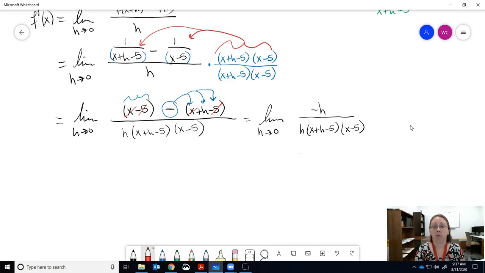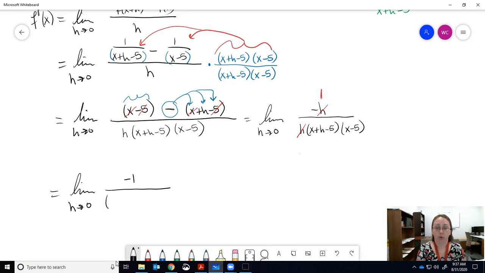What algebra can we do to try and simplify this? Well, we do have an h factored on the bottom and an h on the top, so we can cancel those out. If we cancel everything out on top, remember to put a 1 as a placeholder. So we have the limit as h goes to 0 of a negative 1 over the two parentheses survive. So x plus h minus 5